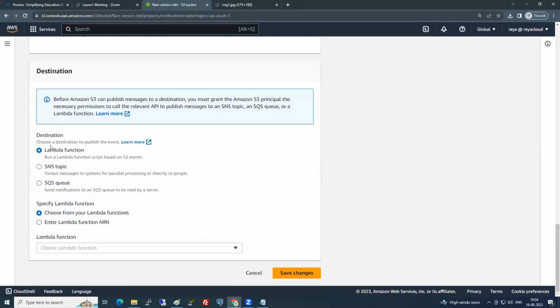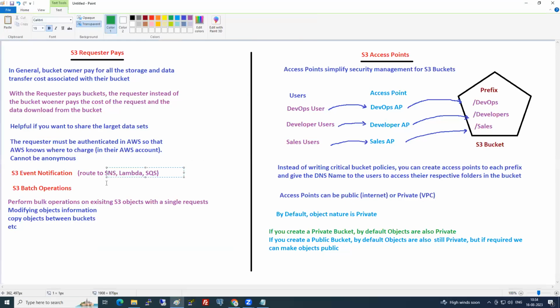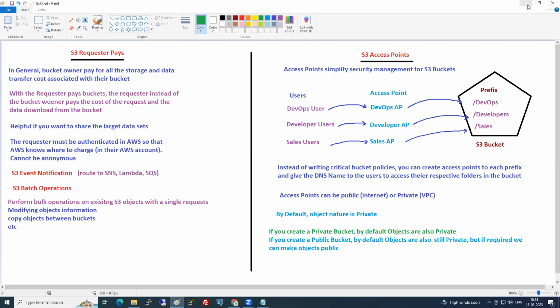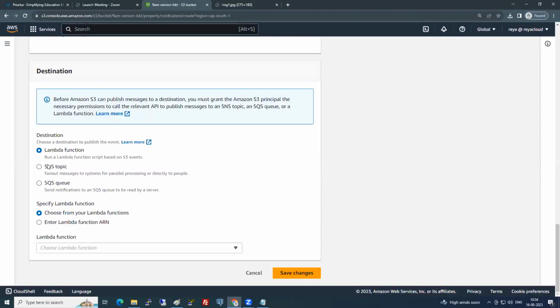So what you do, select the destination. Just now we learned today, what are the destinations we have? SNS, Lambda, SQS. Certification question, guys. SNS, Lambda, SQS. Now, if someone has uploaded any object, I should receive a notification. Which is the destination I need to select? SNS, simple. Select SNS,